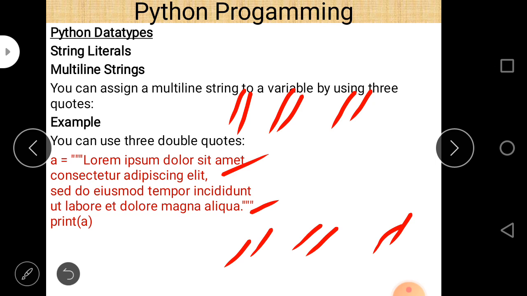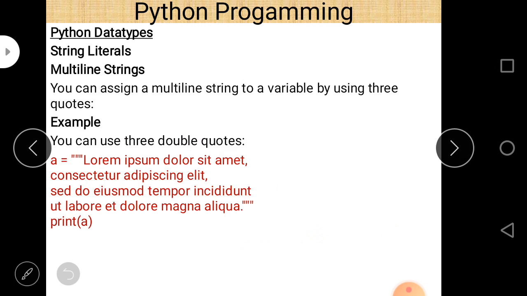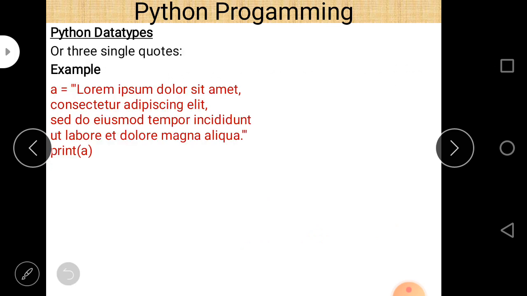So you can assign a multi-line string to a variable by using 3 quotes, as in this diagram. Next, you can also write 3 single quotation marks to represent a string, you can see that. So this is also considered a string. So there are 2 different ways to represent a multi-line string here.